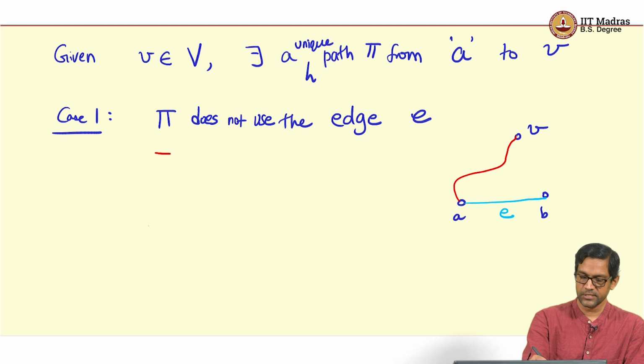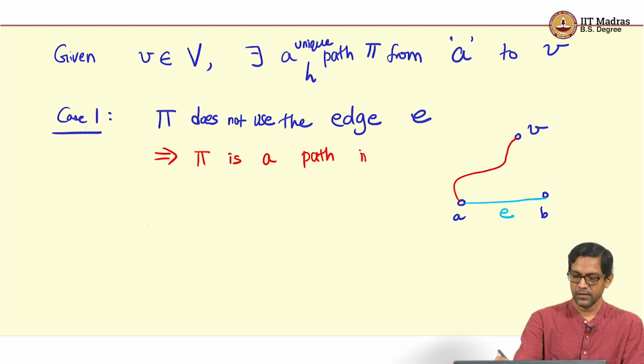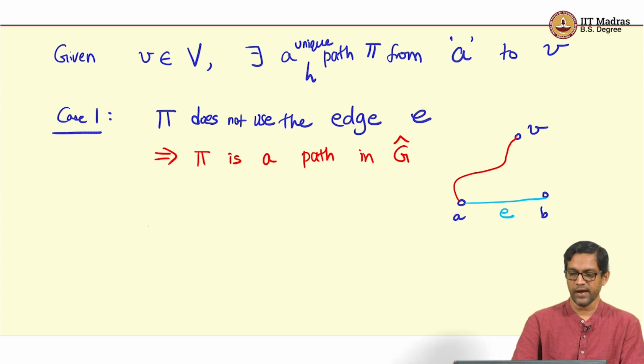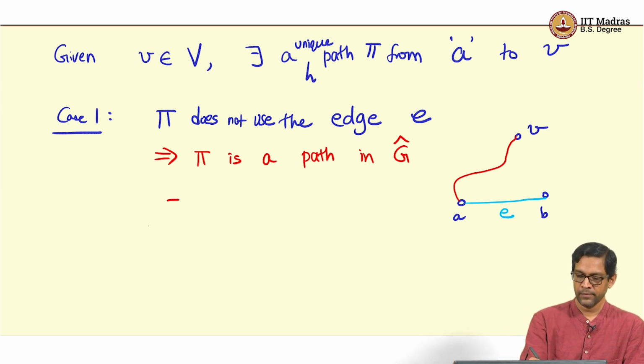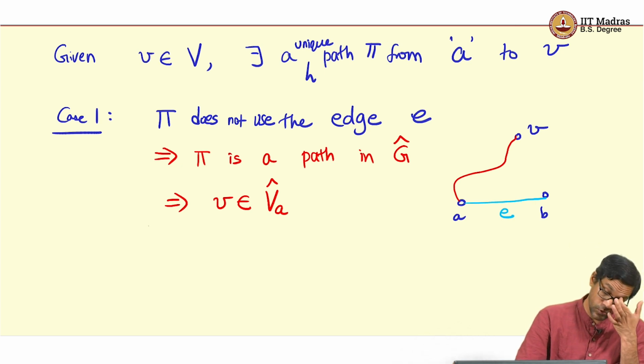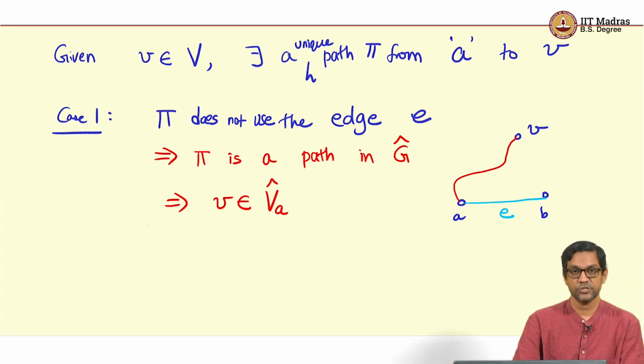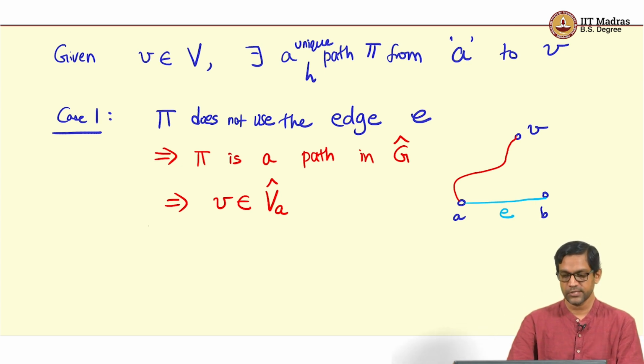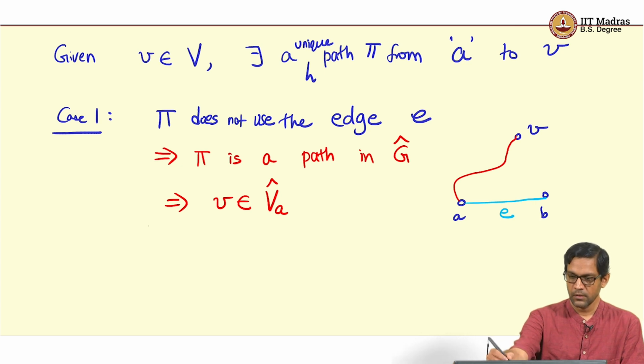Okay. So, in this case it is clear that pi is, you can think of it, a path in the smaller graph G hat where E is deleted. This means that V is in VA hat by definition, because VA hat was exactly all those vertices which can be reached from A via a path which lies purely in G hat, which does not involve the edge E. Okay, so case 2,